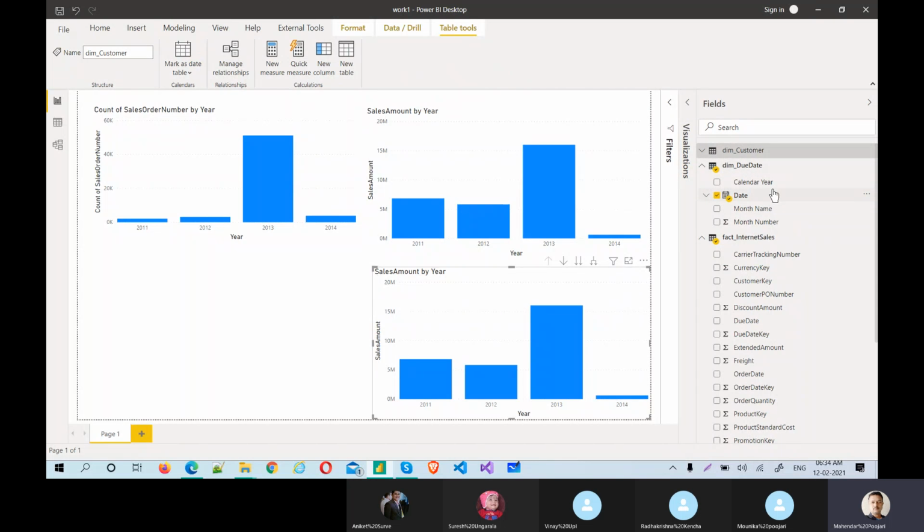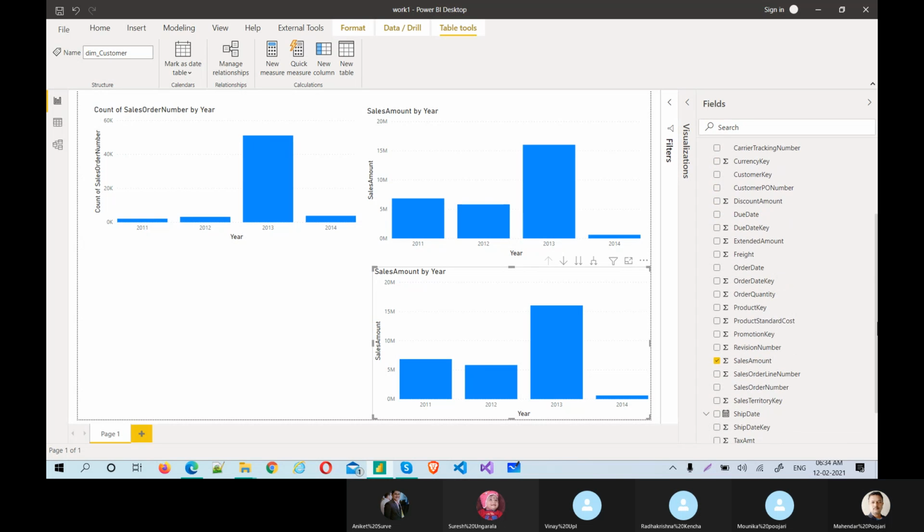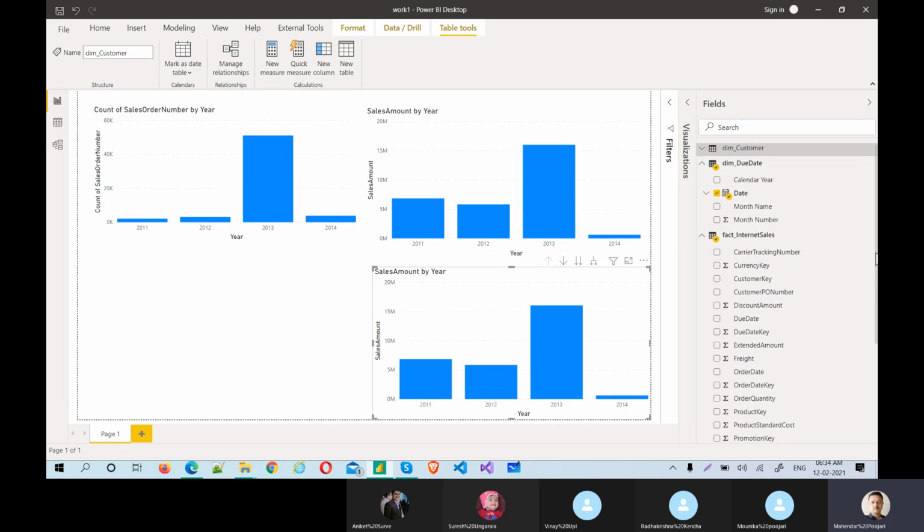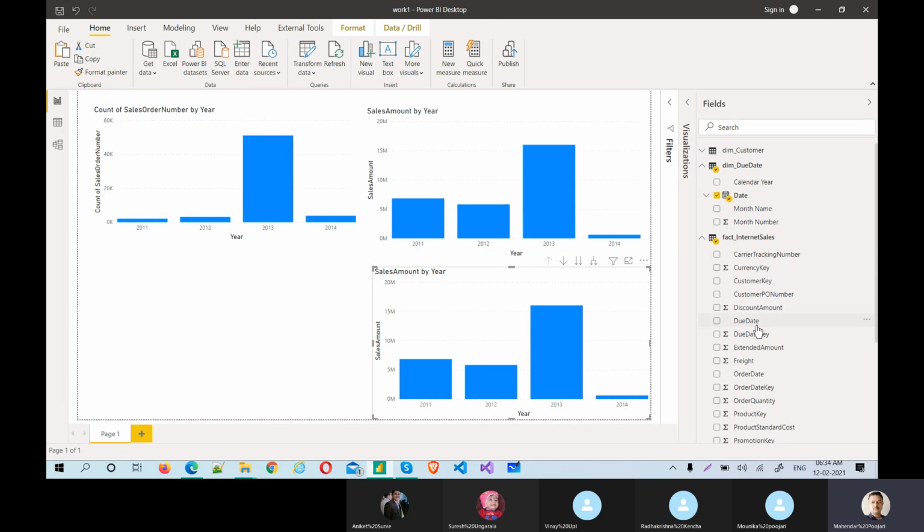Dim date, the date column, and sales amount. But where is the due date? Due date is this. Order date. But what is the difference that I can show you here is order date.